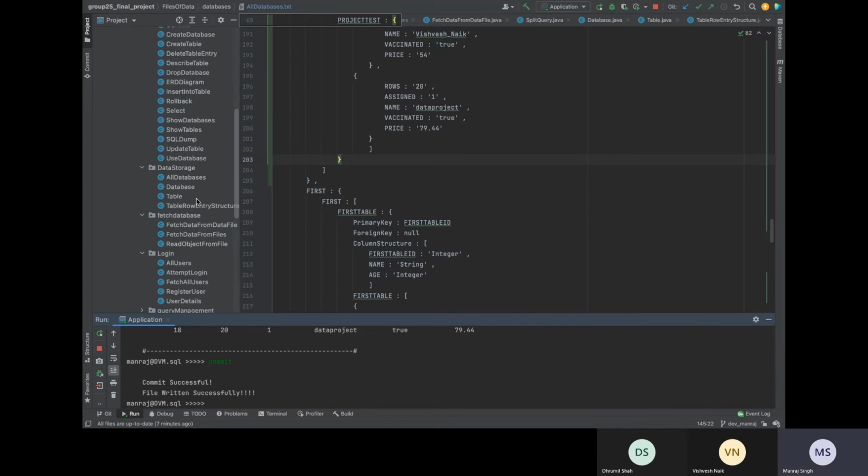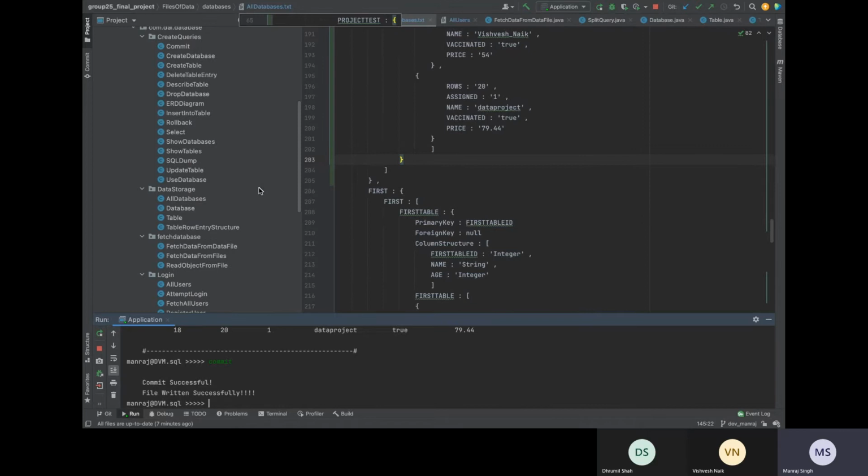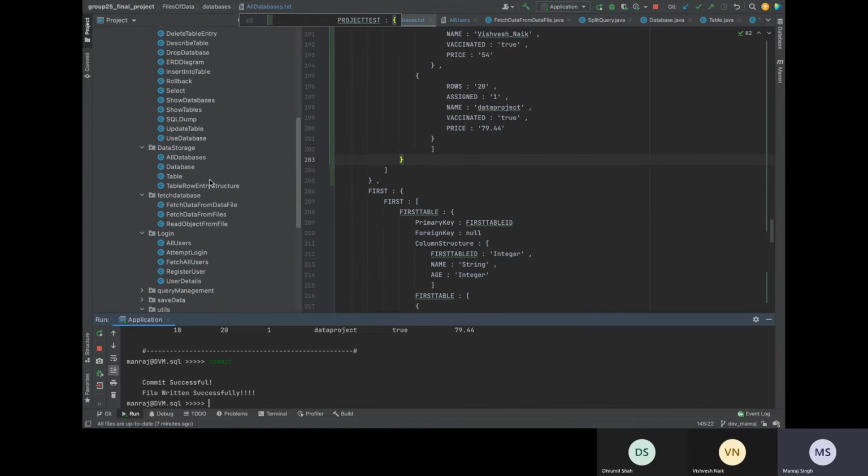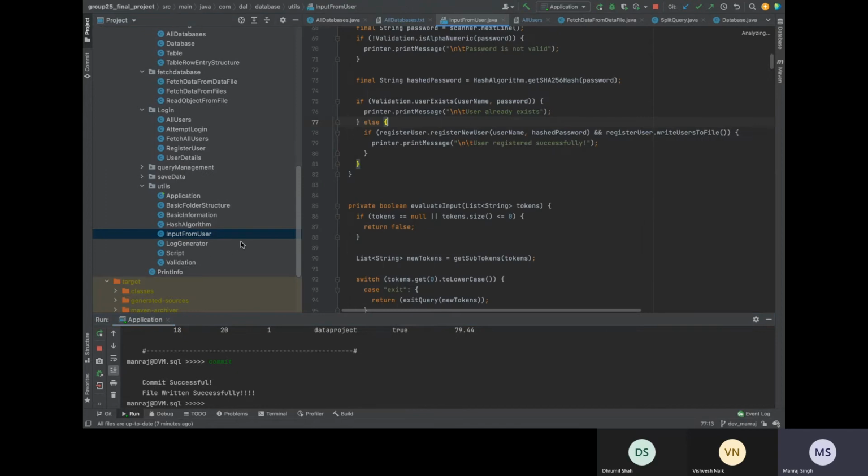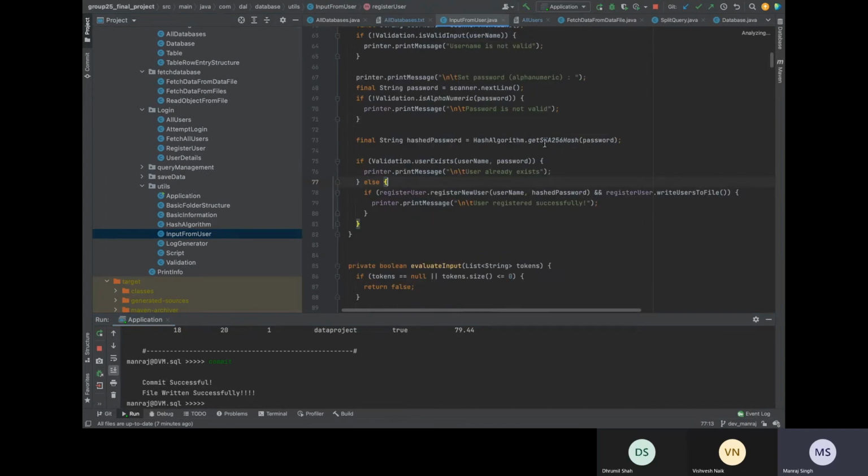Okay, so the code part. Sorry, I didn't explain the code for the previous commands. For all of the previous commands, what we are doing is initially starting with the input from the user. After getting the input from the user,